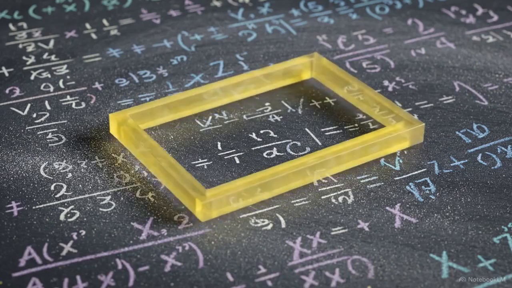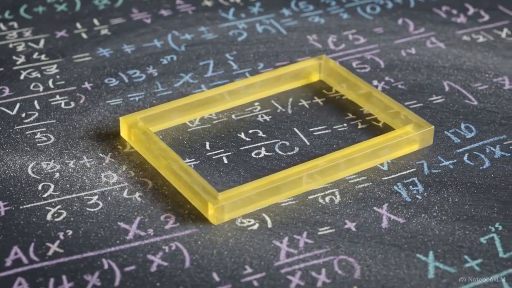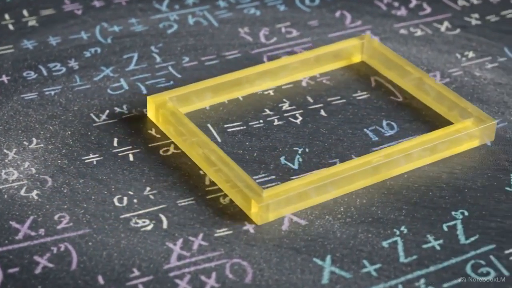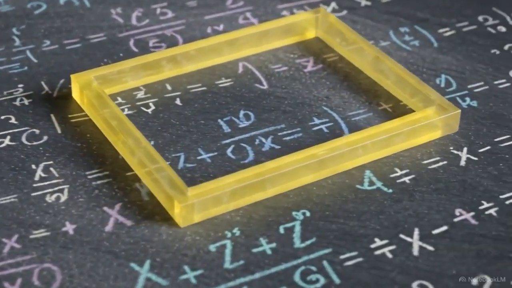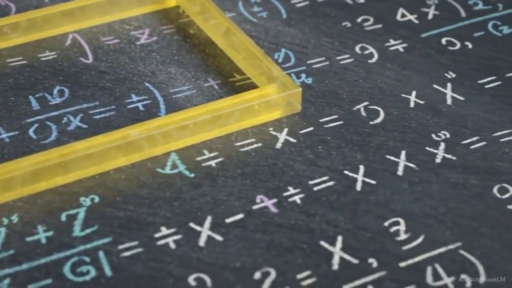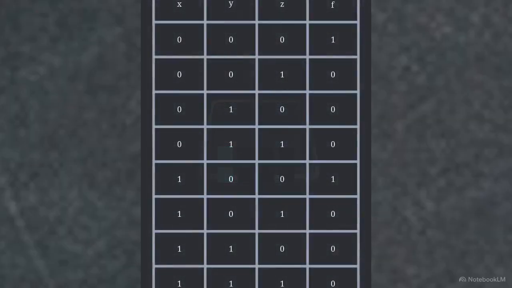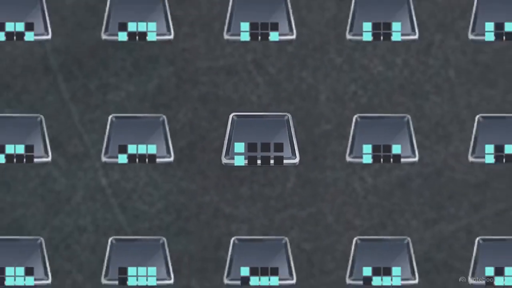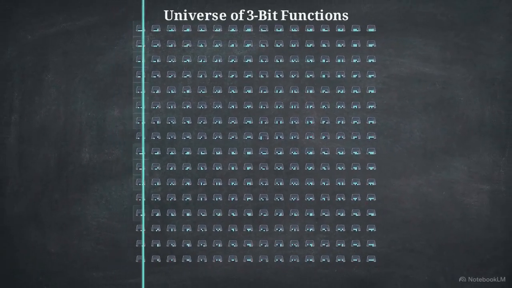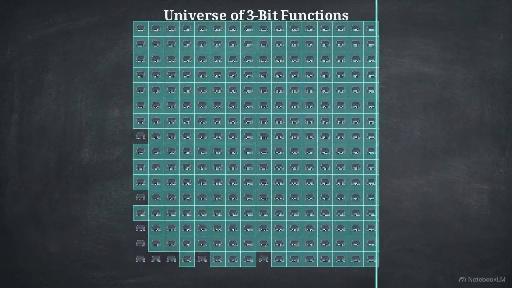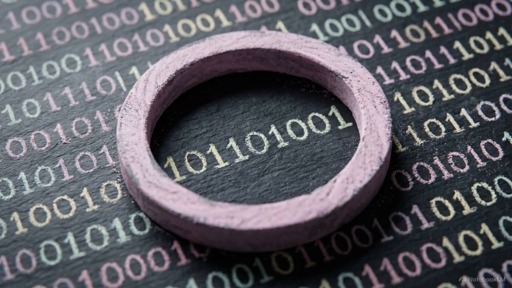Another obstacle involves broad mathematical properties used to categorize functions. If a property is too broad, it captures more than just the complexity it seeks. This is the natural proofs barrier. It limits our ability to separate complexity classes by using general properties of Boolean functions. We test this using functions on 3 bits, represented by 8-value truth tables. A property is considered natural if it labels a large fraction of all functions and can be verified simply by